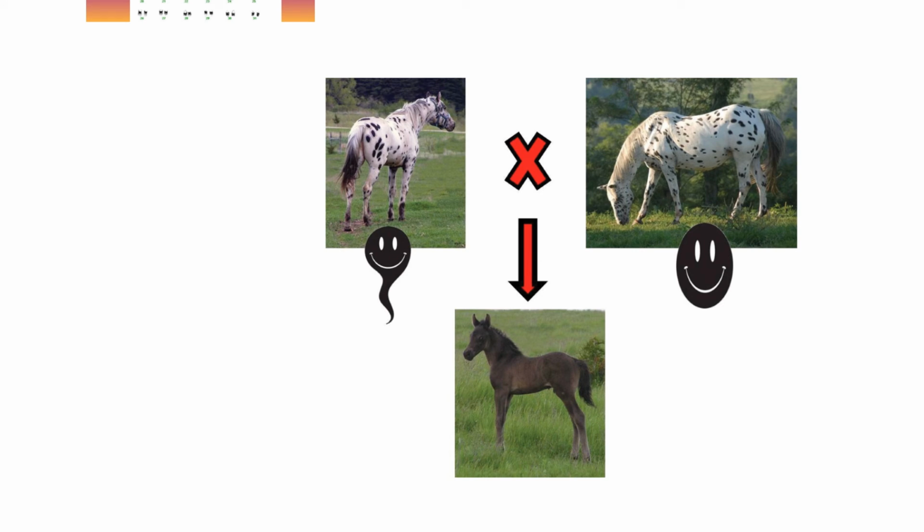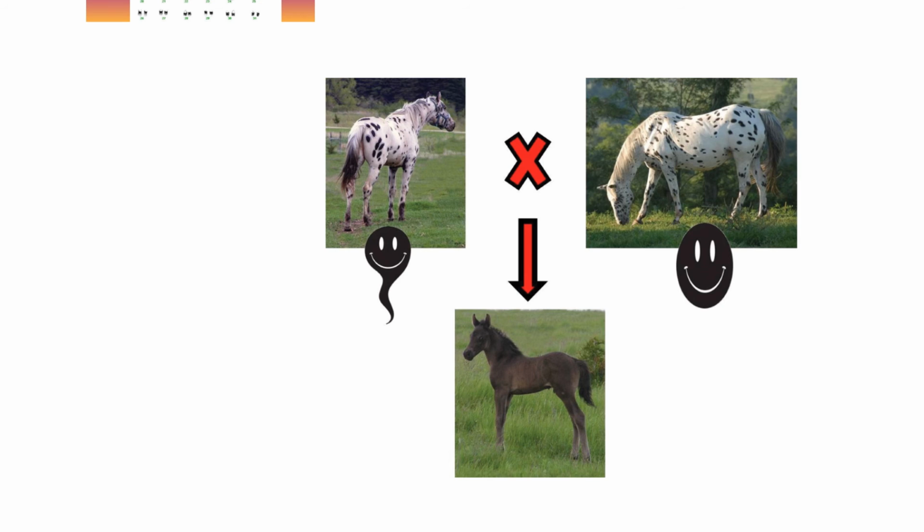Coat color is fascinating with horses because there's so many things going on. I guess I should have a little lesson about horse coat color, because the white gene is very interesting. There's a lot of epistasis going on. Epistasis is where one allele masks, or you could say whatever's happening at one locus can mask a